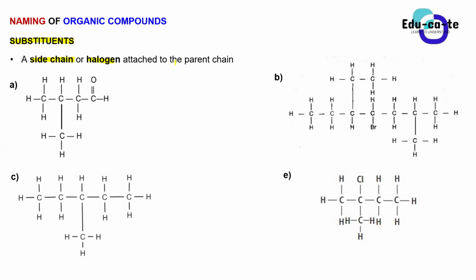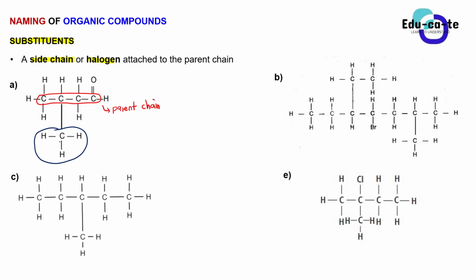When I talk about substituents, it simply means that we've got a parent chain. For example, when we look at this diagram, this is a parent chain because it has the highest number of carbons, and the functional group is found on that chain. You can see that this parent chain has 1, 2, 3, 4 carbons in total. Now you can realize that this is a branched molecule because we have a side chain, another carbon that is protruding out of the parent chain, because this carbon is not part of the parent chain.